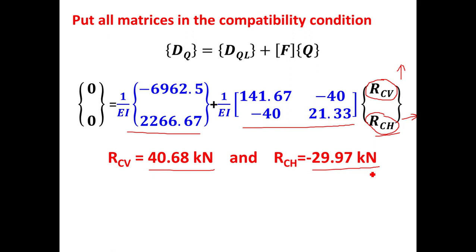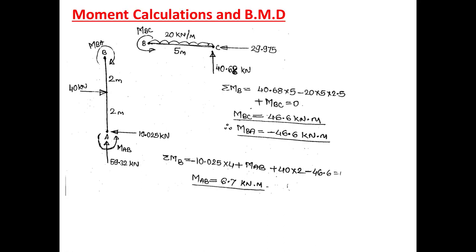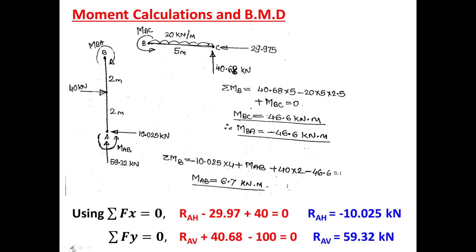Of course, to draw the bending moment diagram, we require to find out the moments, and to find out the moments, first we have to calculate all remaining reactions first. So if you apply summation of fx equal to 0 and summation of fy equal to 0, you will get the remaining reactions. So if you look at summation of fx equal to 0, okay, support at A, fixed support at A.